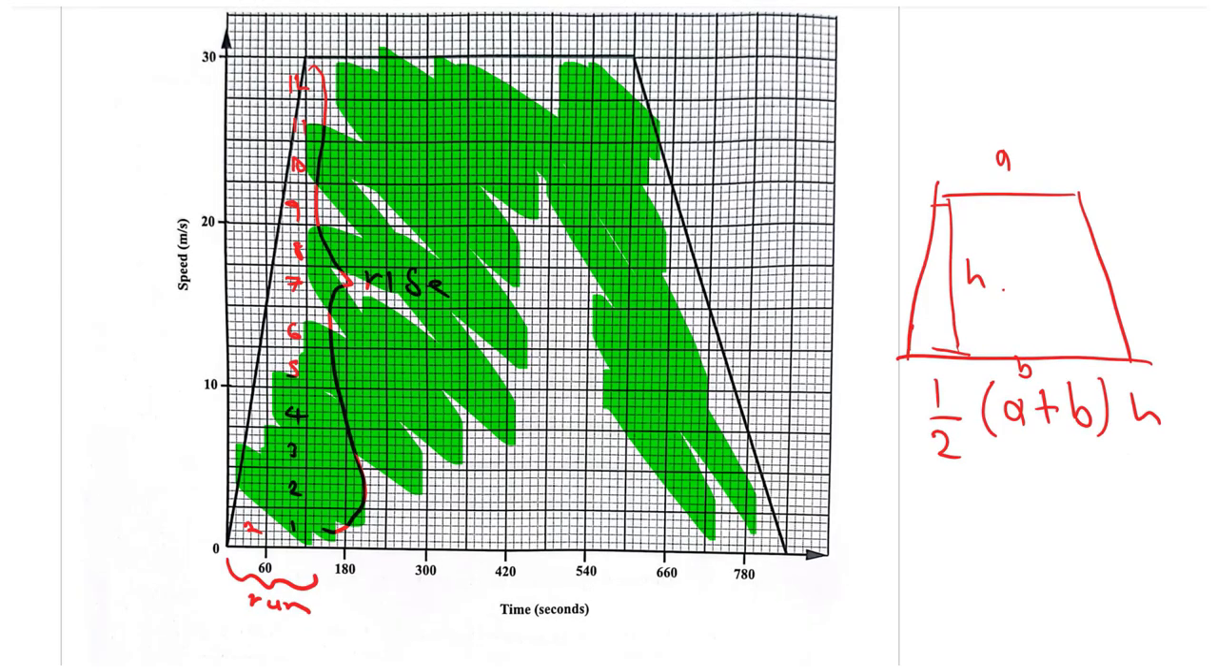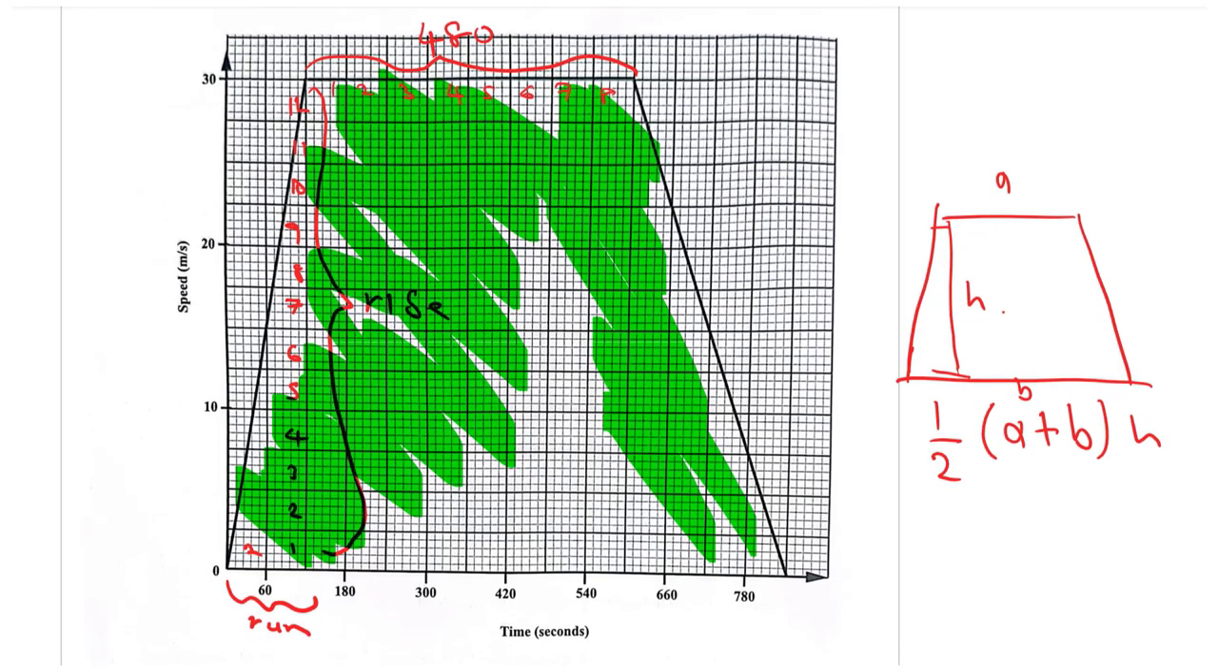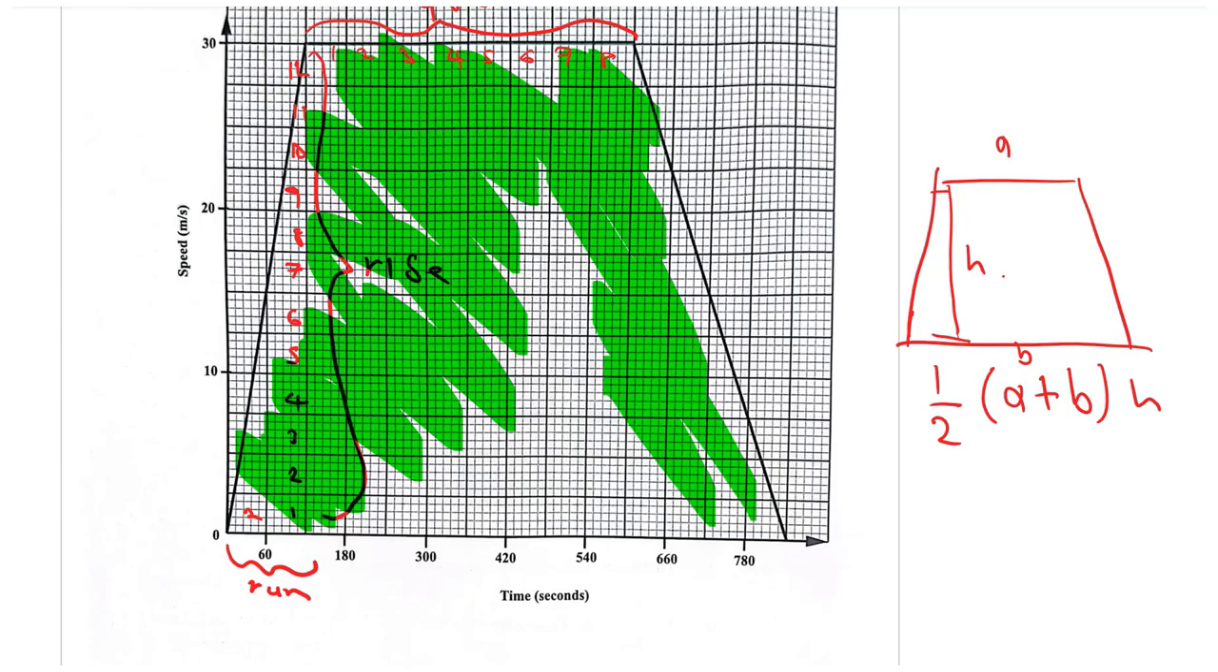Now let us try to get some information for a, b, and h. Now A is going to be this distance here. That's A. Notice on the x-axis we are going up by 60 each time. So if we count up the number of squares here, we have 1, 2, 3, 4, 5, 6, 7, 8. So we're going to have 8 times 60, right? And that is going to give us 480. So A right here is going to be 480, right? What about B? Now, B is going to be, so if we add